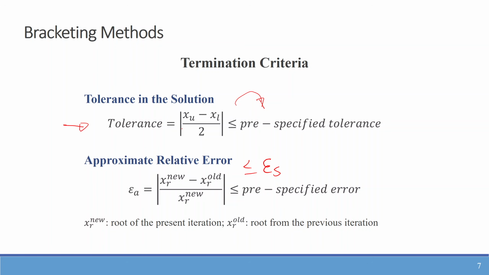Or the other termination or stopping criterion is according to the number of iterations. When the problem says that you are going to stop the iterations up to the fifth try or fifth trial, then you're going to stop at the fifth iteration or calculation. No need to calculate further, even though, let's say, the error might still be quite large.